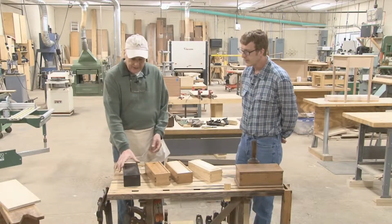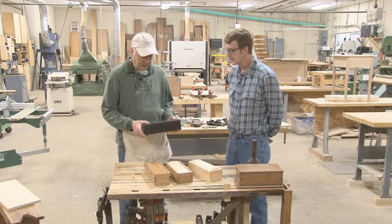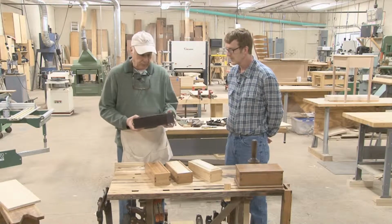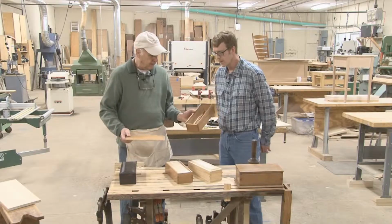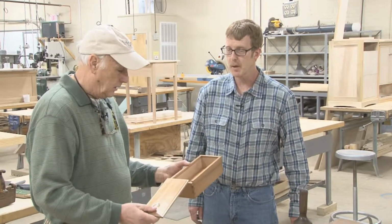Well, today we're going to be making a candle box, and this little box was very useful back in colonial days. This one happens to be made out of pine. I've painted it up with milk paint. Here's one out of mahogany that has a shellac finish on it. And it's got candles in it, like they would have had in the old days. But this box would be good for a lot of things, from checkers to tools, whatever you can think to